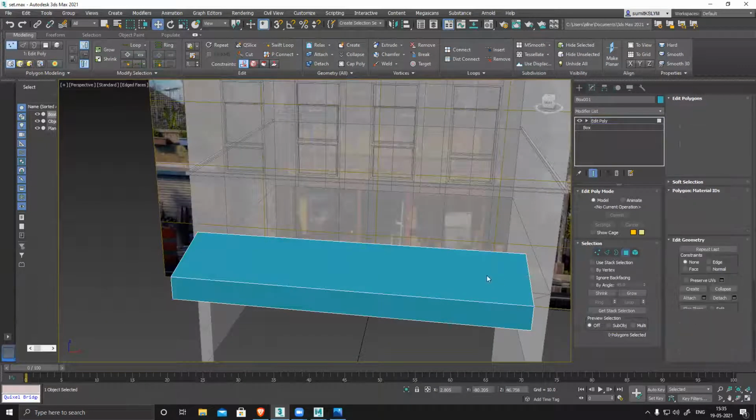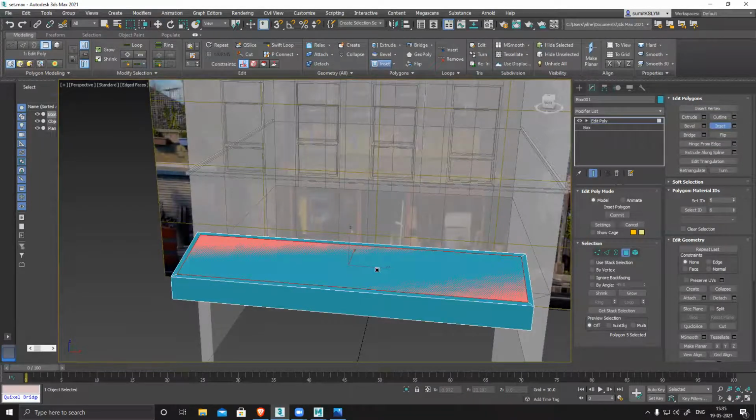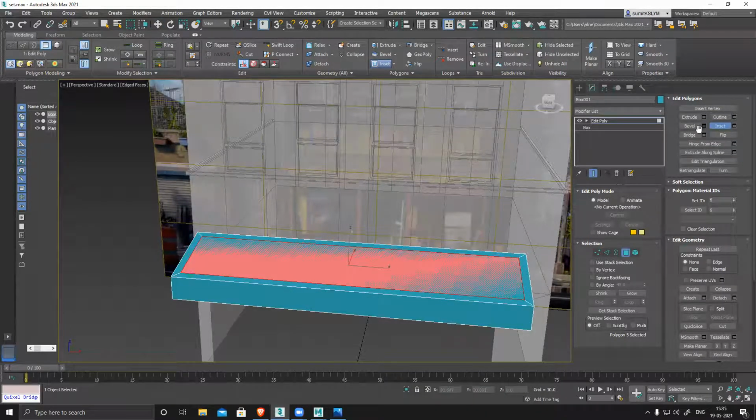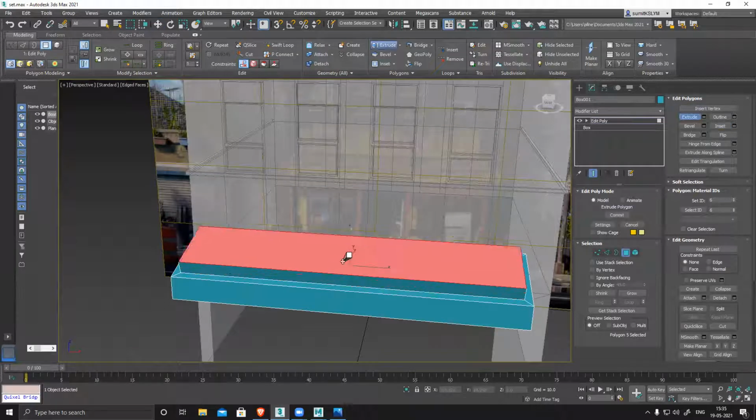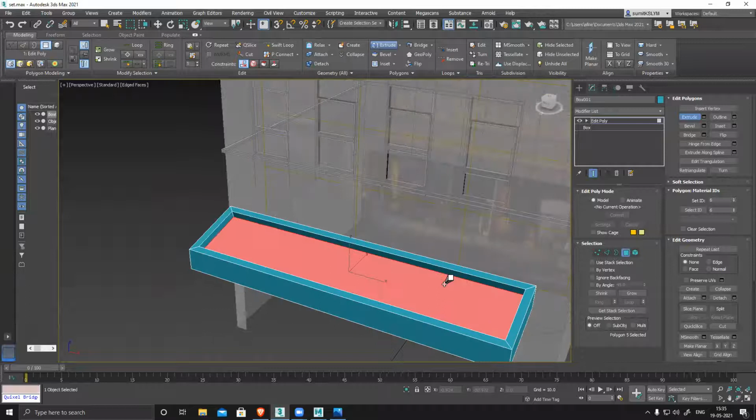And there is a thickness. So inset and then extrude. This thickness is there, but the backside thickness is not visible.